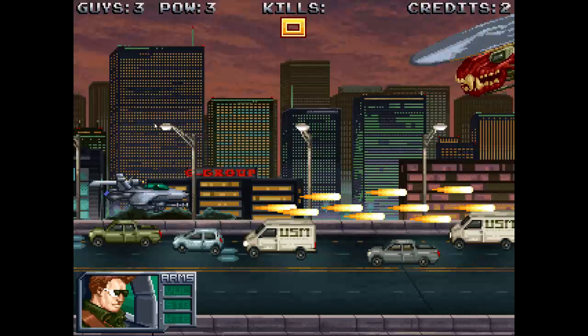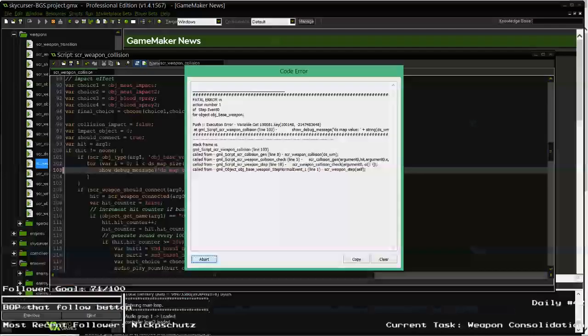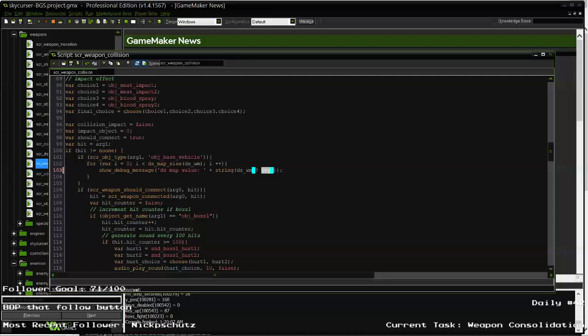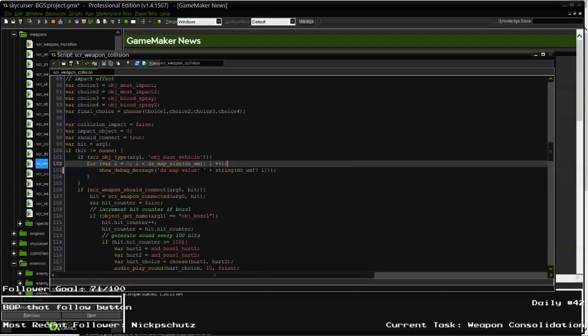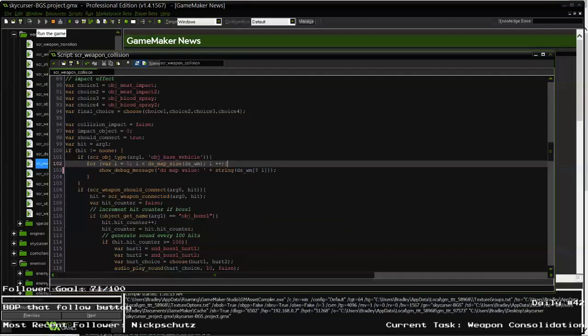Yeah, let's do that. Still doesn't like that, so let's go i here. I don't like looping through a map this way. I'm not even sure this should work. I mean, you should be able to loop through the map this way, but